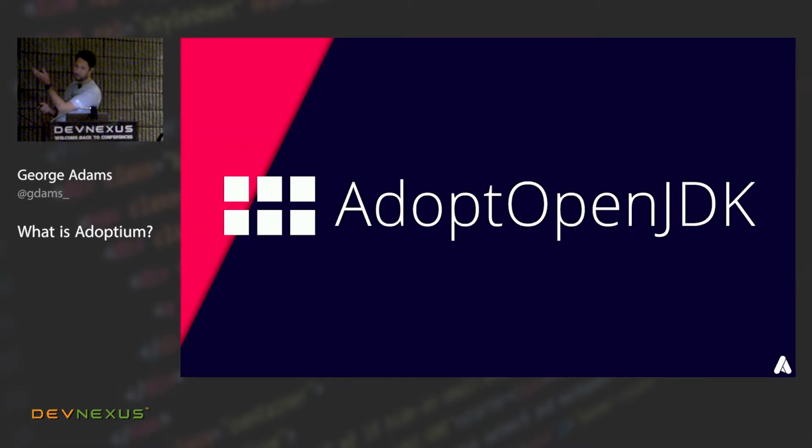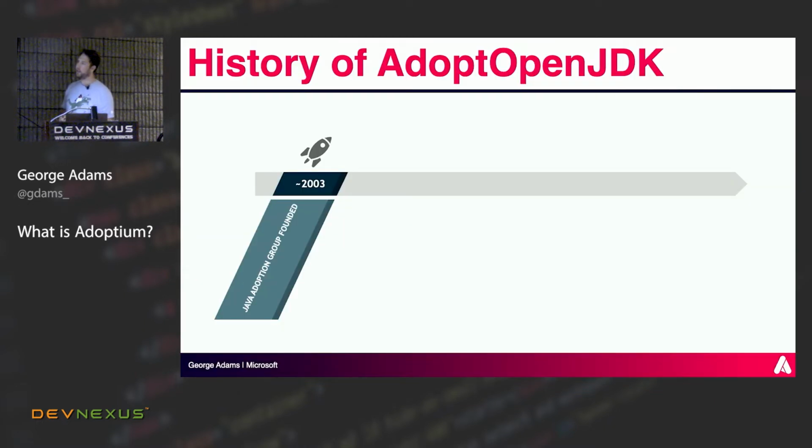So as you say, AdoptOpenJDK, quick bit of history. The project was actually founded in 2003, so quite a while back. But its main purpose at that point was enabling people like you and I to contribute to the OpenJDK source code. It was particularly challenging at that point. You had to sign all sorts of agreements, you had to have sponsors. So the idea was that they created an adoption group that would help people get over that first hurdle and get their fixes in.